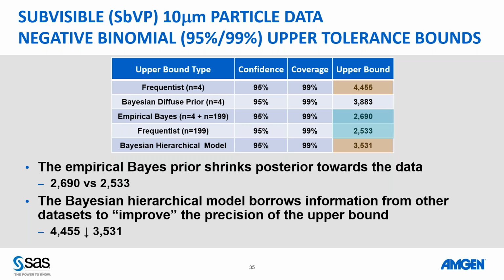So we have shown you two ways of using prior knowledge. One is the quote unquote empirical base, and the other one is the hierarchical model. The hierarchical model indicates that the value is much away from 2,500 and close to 4,400, which is an indication that the four data sets are not entirely similar. And the random effects model controls the borrowing of information, so it shrinks a bit, but not overwhelmingly. So that's what the numbers indicate.